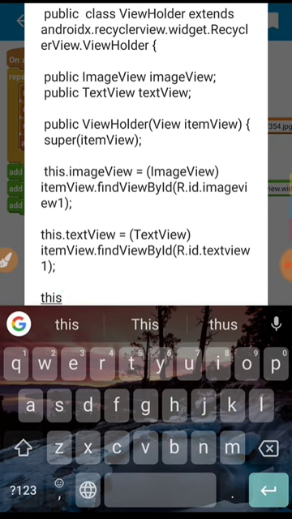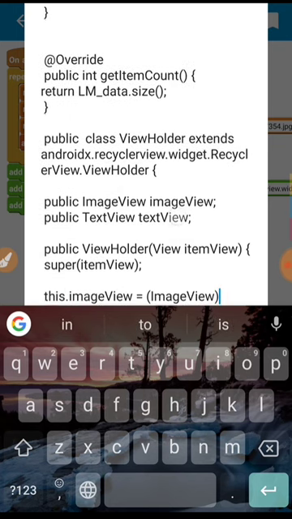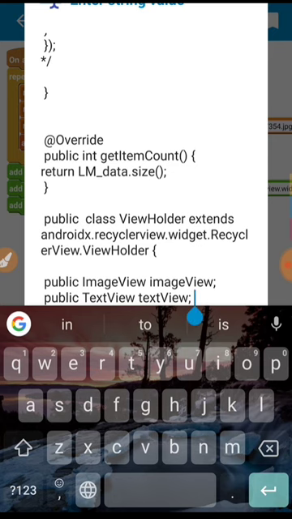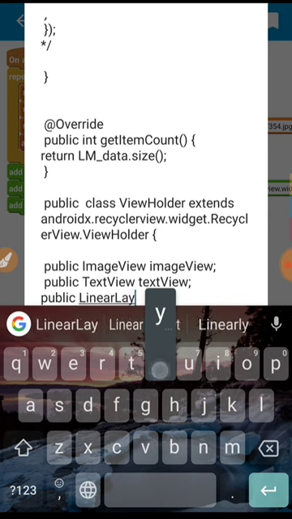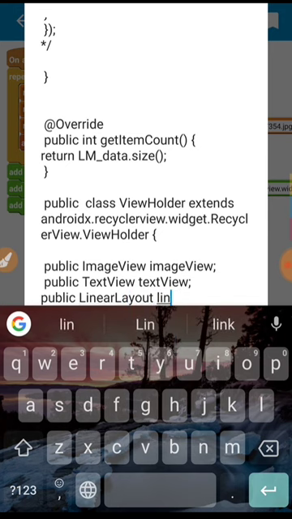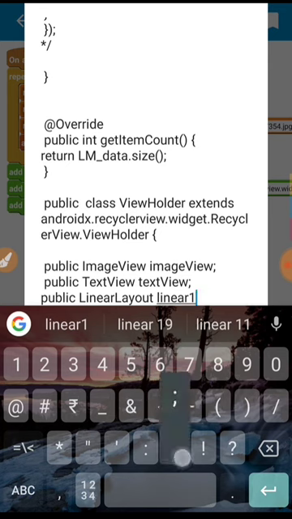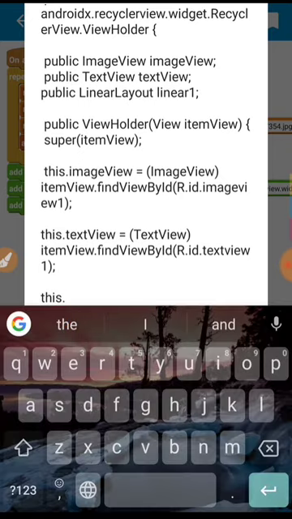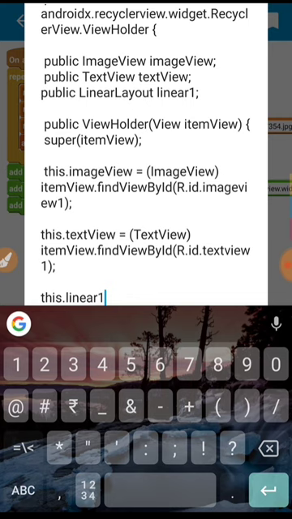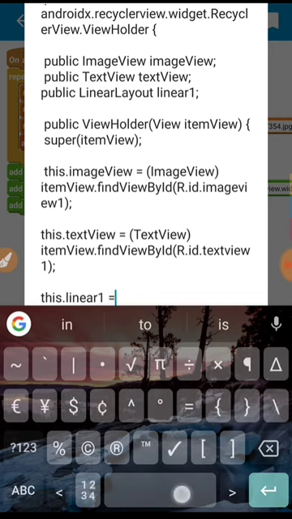Next, we have to set the linear one. Before that, you have to define the linear one as public. So let me define a LinearLayout, and I name it linear1. Then here you have to set linear1 equal to